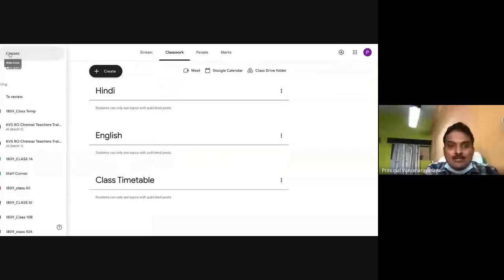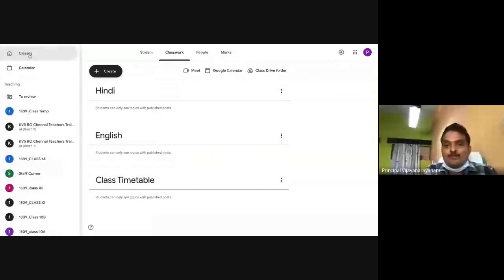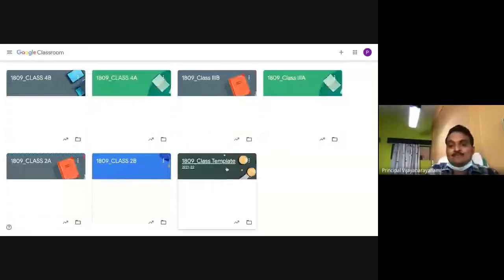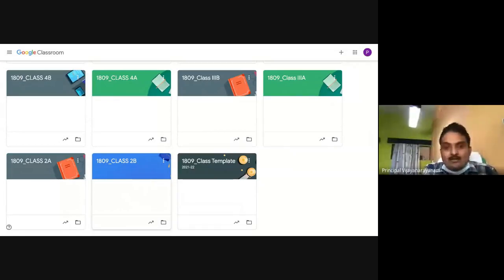Come back to the classroom dashboard. Here your template class is there. When we are copying from a class, it doesn't serve us any purpose because the roster doesn't come to us, only the assignments and last year's data come to us. All assignments have to be reposted, which we can use separately here. So need not worry, don't go for copying class, it increases the time.